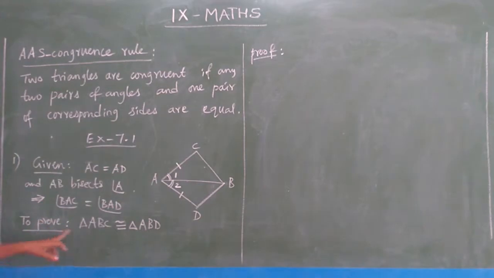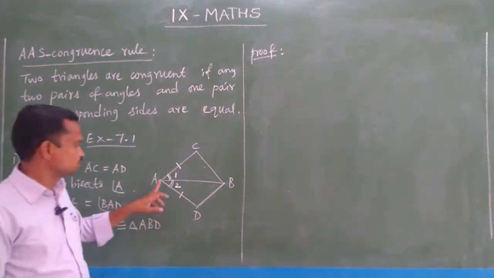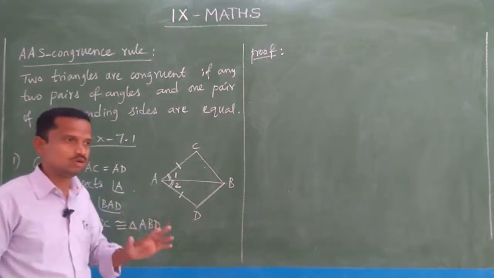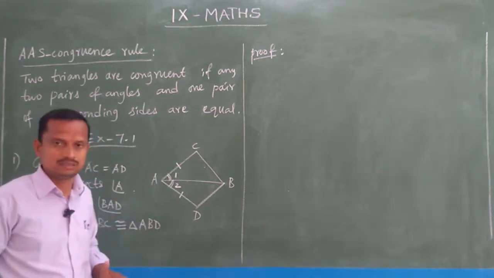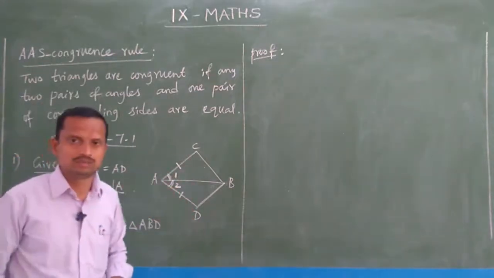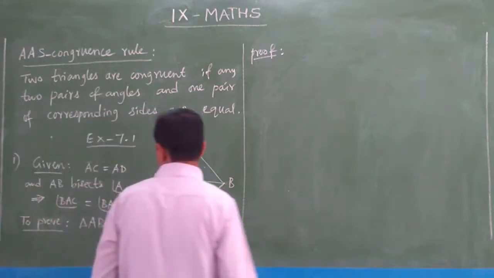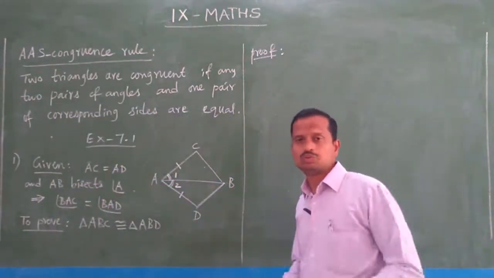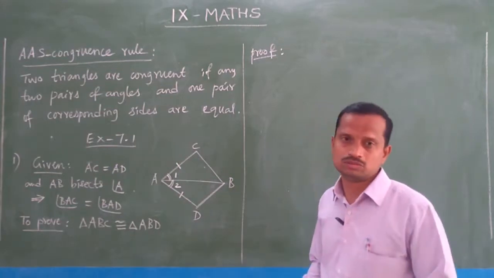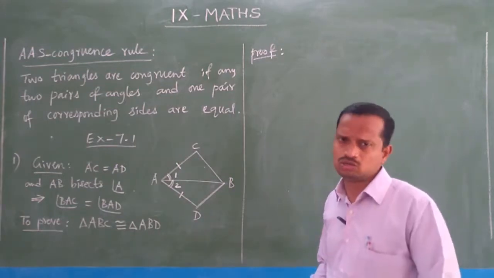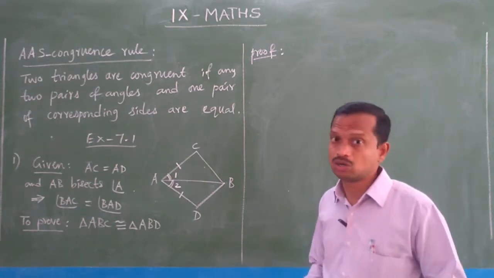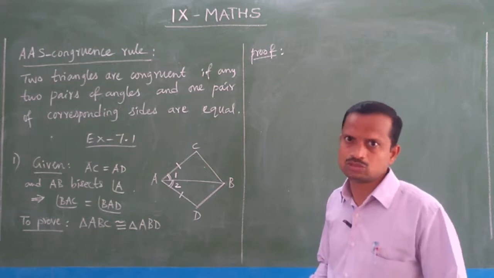And to prove triangle ABC, where it is triangle ABC. In a diagram question, we have to observe very carefully what is given in the diagram. And ABD means this triangle. So these two triangles are congruent, that we have to prove. So in the proof part, you see, to prove the two triangles are congruent, we should have three elements. Three sides, three angles are there. Out of these 6, we need 3, but not 3 pairs of angles. Just now I explained to you.